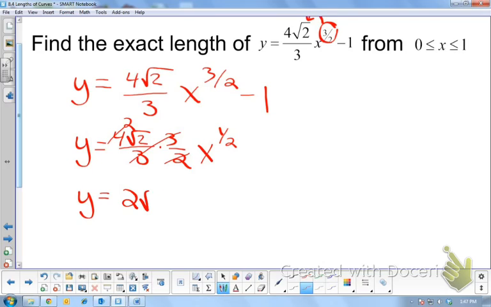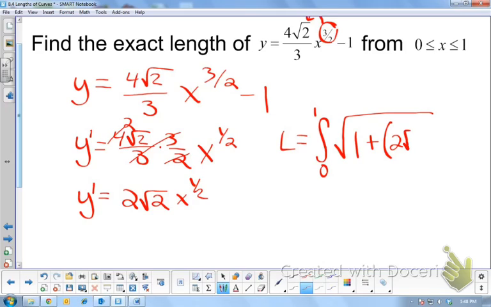So we get 2 square root 2. Oh, and what else? My differentiating skills are rusty. dy dx or y prime. I need to say, hey, this is the derivative, so now we just plug this straight into the equation for length. Length of our curve will be the integral from 0 to 1, because that's what they told us, of the square root of 1 plus that whole thing, 2 square root 2 x to the 1/2 squared